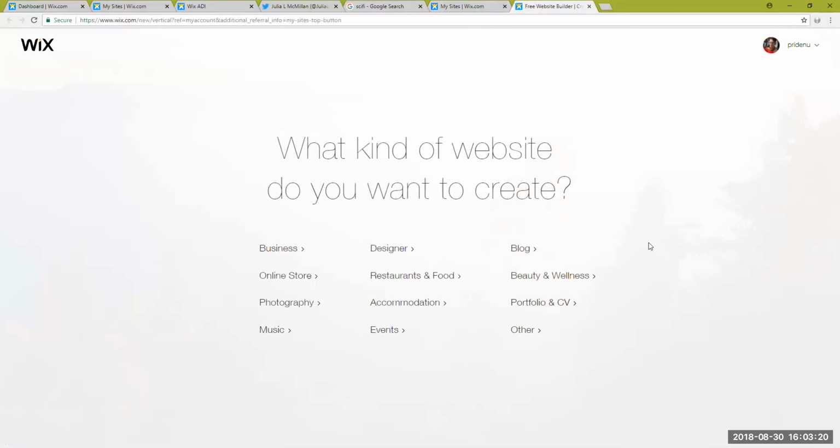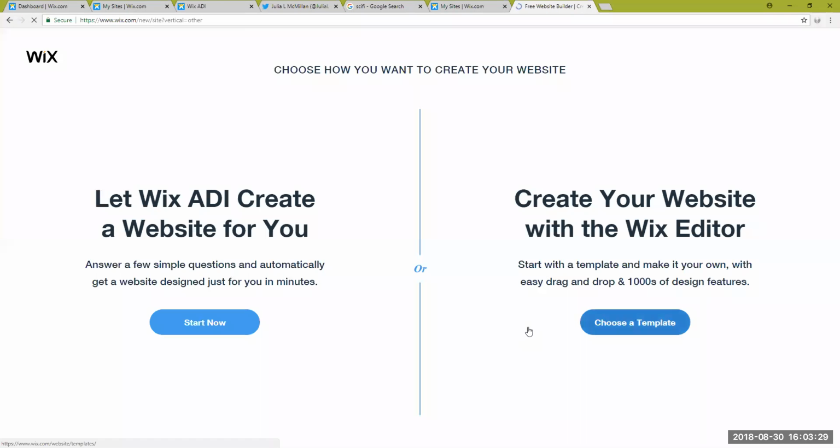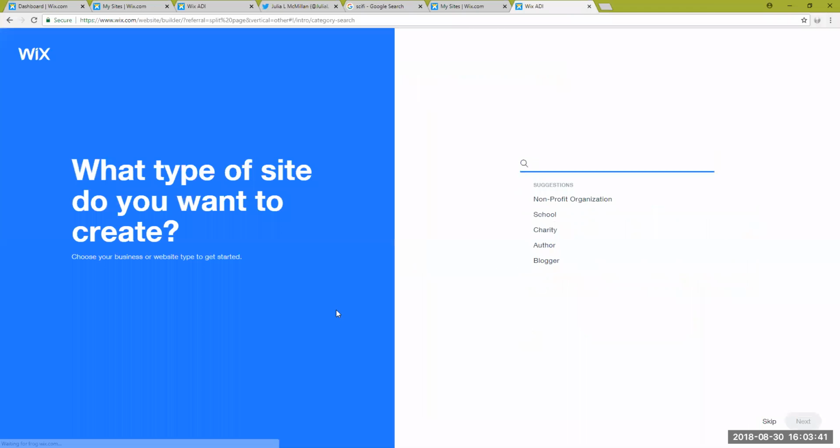All right, and what the ADI is going to do is take you through some simple questions to try to figure out what they want to use as a template for you. So you have the choice between ADI, which is the simpler, more formulaic one, or the editor. So again, editor is great, just a bit more work. I'm going to do the ADI to make things as quick and easy as possible. So I'm going to say this is a school website,